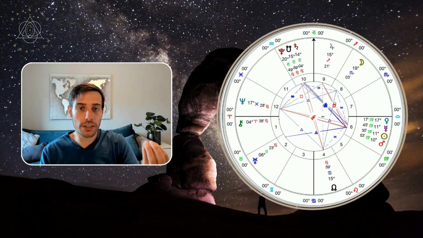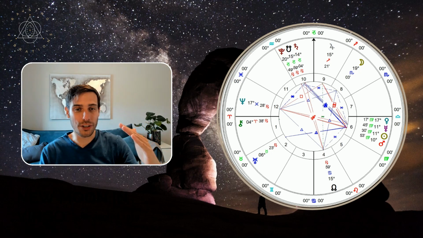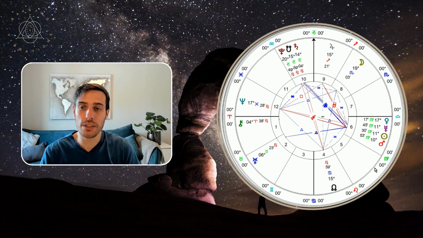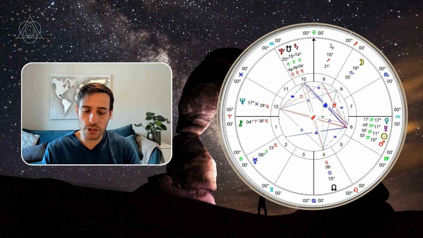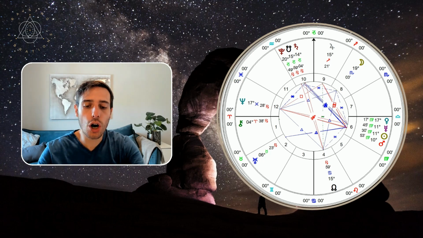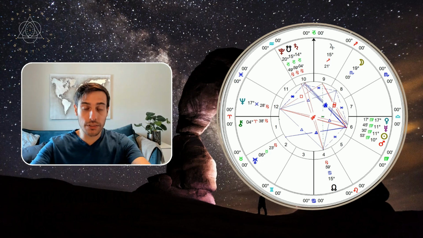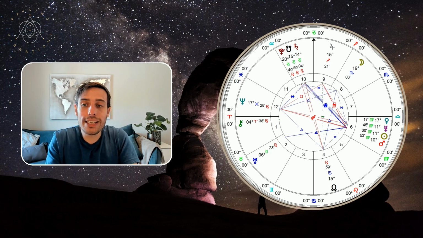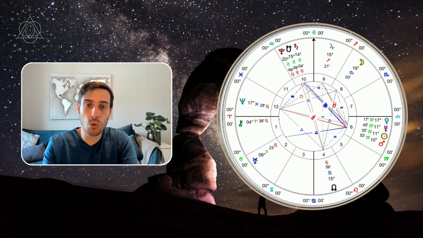So here you have Uranus making a square to the planetary nodes of Neptune, and here you have the Moon crossing over the planetary nodes of Neptune as we have this entire conjunction taking place here. And the point I'm trying to make is that the planetary nodes of Neptune are being awoken at this point in time simultaneously, while the point of origin that initiated the cycle of completion for our previous civilization. So as we're having these sensitive points hit with Mars, Sun, Mercury, Venus, all on the origins,